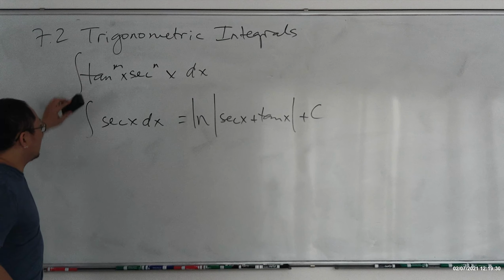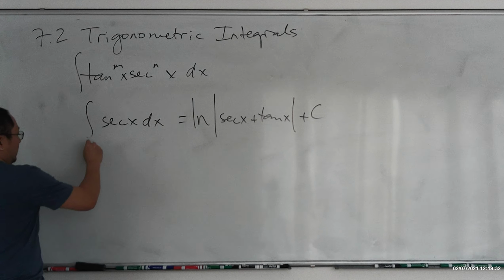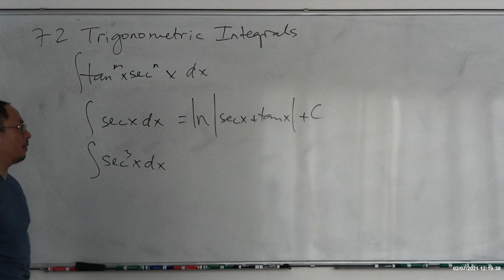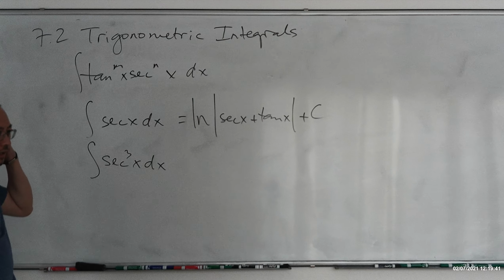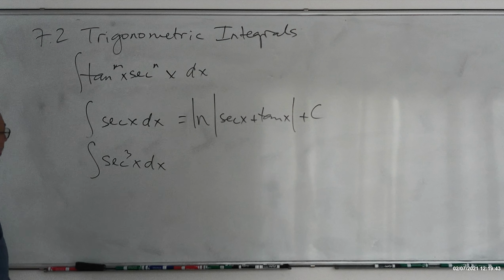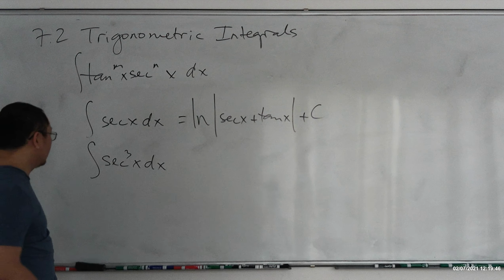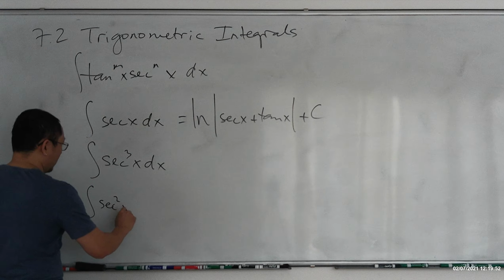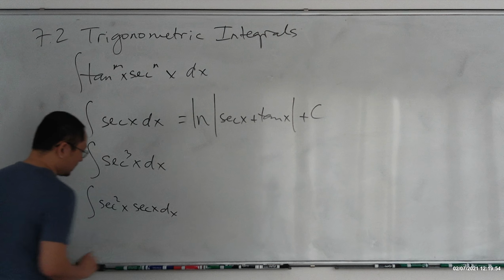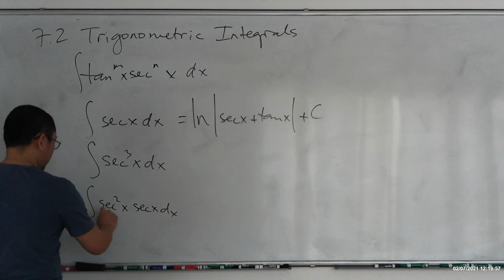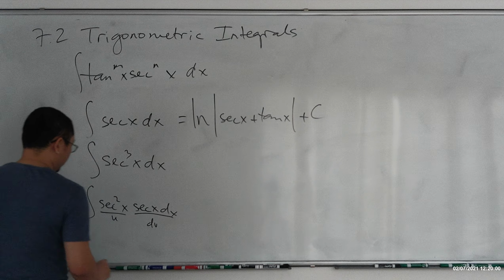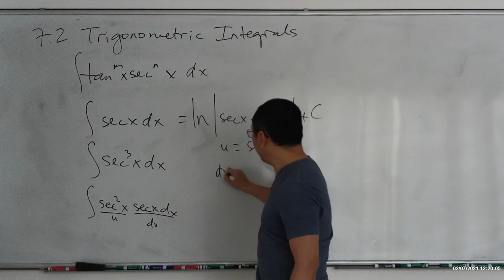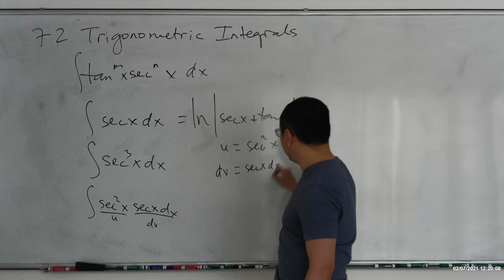All right, this is another formula, and then another one. Integral of secant cube of x dx, and this is more complicated. You want to have a formula for this one. Let me think of the ways. We've got to do integration by parts, I think. Let's see. Secant cubed: I do an integral of secant square of x times secant x dx. So this is my u, this is my dv. If I let u equal secant square of x, dv equal secant x dx,